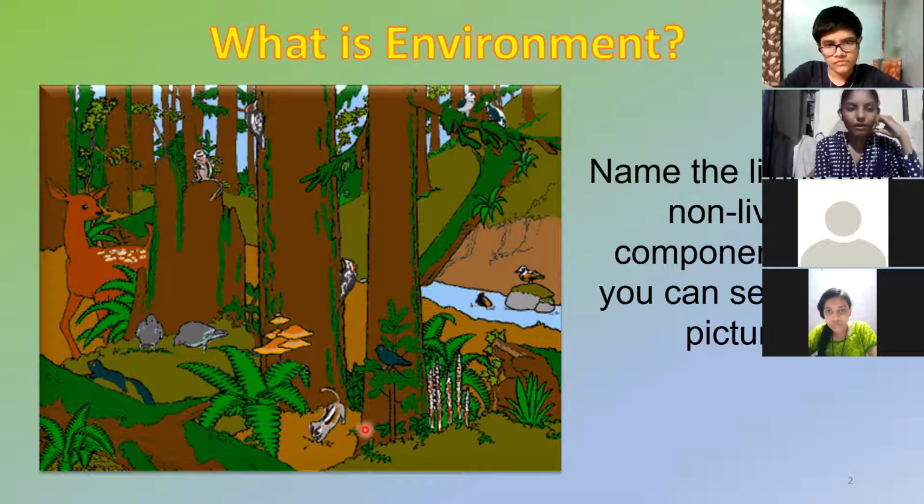Right? Now if I ask you, what are the living things that you are seeing in this picture? Trees. Yes, you can see trees. Very good. Animals, grass. Try and tell the names of some animals. Deer, sparrow, squirrels, pigeons. Birds. You can see some birds.